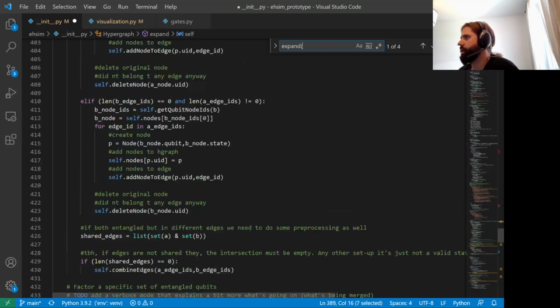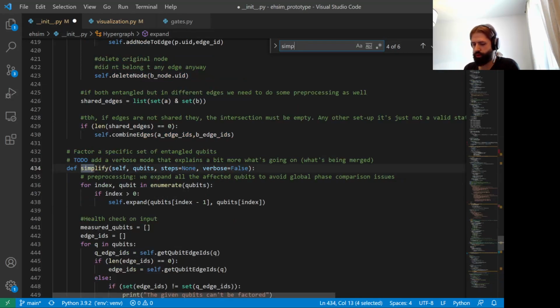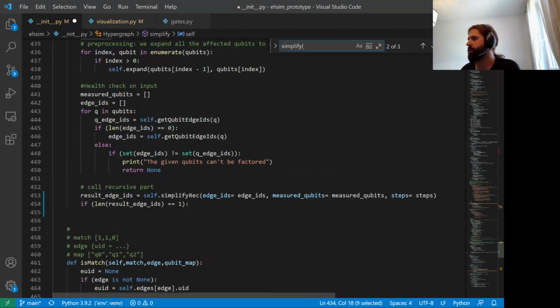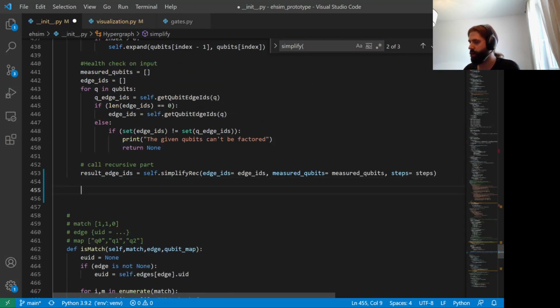And here, what we're trying to do is really, given a list of edges, check whether we can factor things out. So that is probably the method that's really called factorization. So if I would go to simplify, what I would say is that, regardless of these, there's just one last step, which is basically